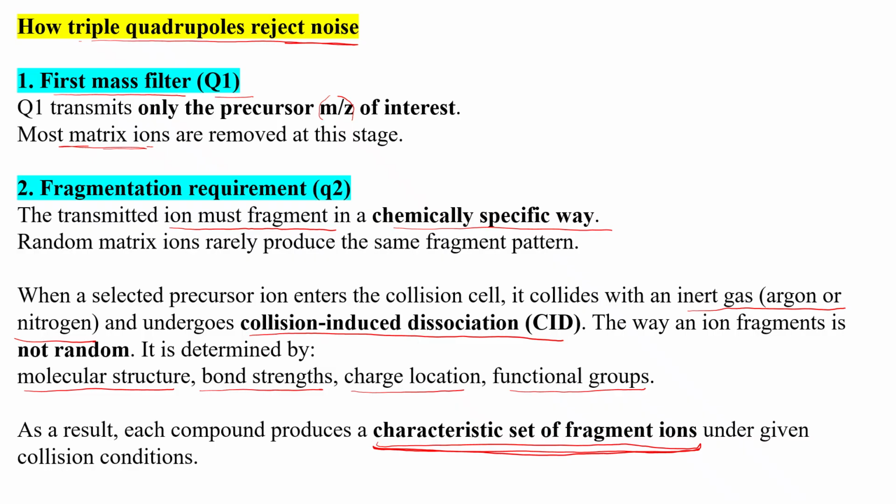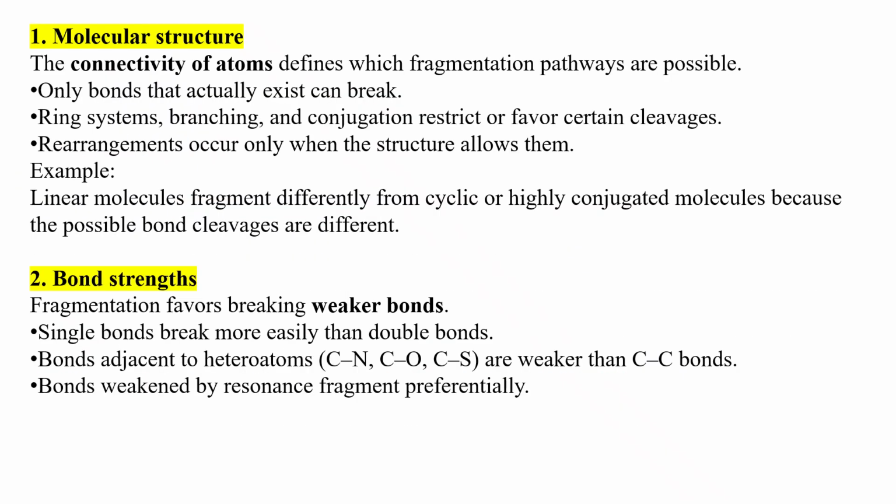वो उस पर्टिकुलर कंपाउंड का कैरेक्टरिस्टिक होगा। अब देखिए मॉलिक्यूलर स्ट्रक्चर, जो कनेक्टिविटी होती है एटम की वो डिफाइन करती है कि उसका फ्रैगमेंटेशन पाथवे क्या होगा। अब जब बॉन्ड एग्जिस्ट करेगा तभी तो वो ब्रेक करेगा। तो अब जैसे देख लीजिए रिंग सिस्टम होता है या ब्रांचिंग होती है या कॉन्जुगेशन होता है, ये या तो क्लीवेज को रिस्ट्रिक्ट करेंगे या तो फेवर करेंगे। अब जैसे लीनियर मॉलिक्यूल फ्रैगमेंट्स हैं, तो इनका जो डिसोसिएशन या फ्रैगमेंटेशन होगा दैट विल बी डिफरेंट फ्रॉम साइक्लिक और हाईली कॉन्जुगेटेड मॉलिक्यूल्स, क्योंकि इनमें जो बॉन्ड क्लीवेजेस हैं वो डिफरेंट तरीके से होंगे।